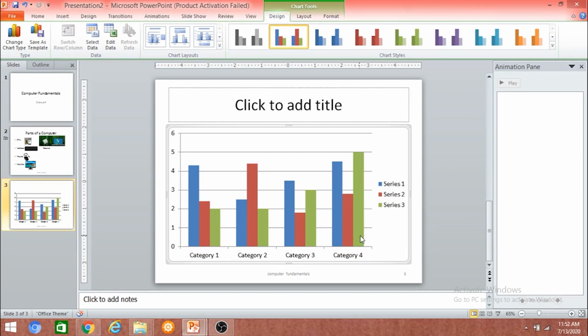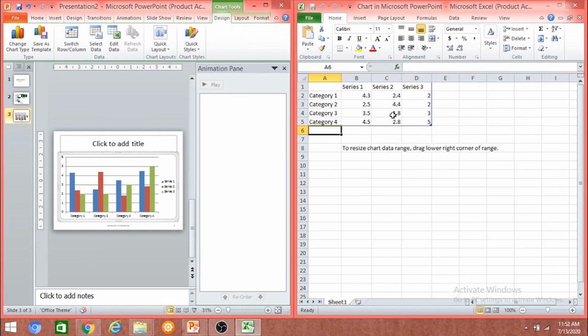For changing values, select the chart. Under the Charts toolbar, you have the Design tab, Layout tab and Format tab. In the Design tab, under the Data group, you have the Edit Data option. Click on that. Excel will open in a split screen with your chart's data. Change your data. As soon as your data is updated, your chart will automatically update. When finished, click on the cross button in the upper right hand corner of Excel to close the worksheet.